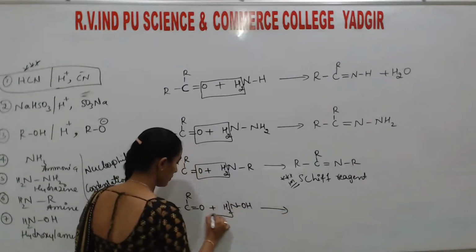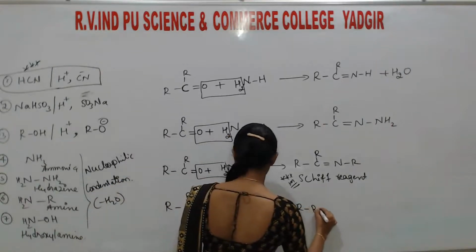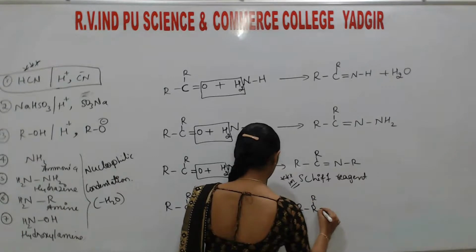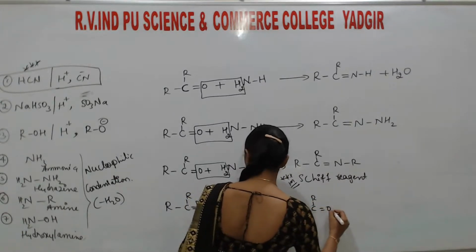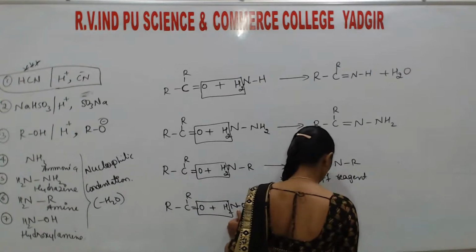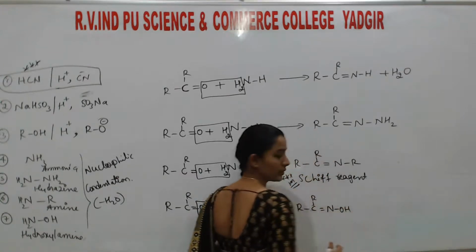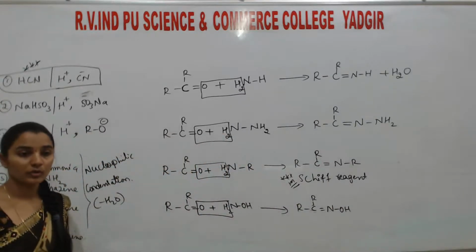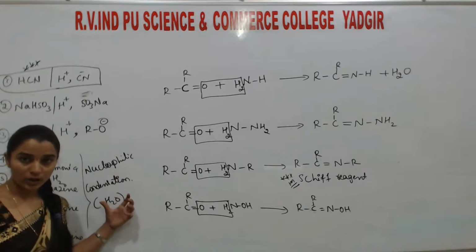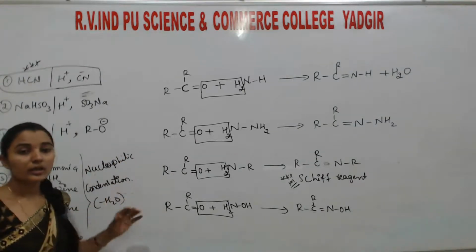Here of course water is going to be removed, and we will get R-C-R double bond NOH. Okay, so here the thing you have to remember is what happens if the carbonyl compound reacts with any